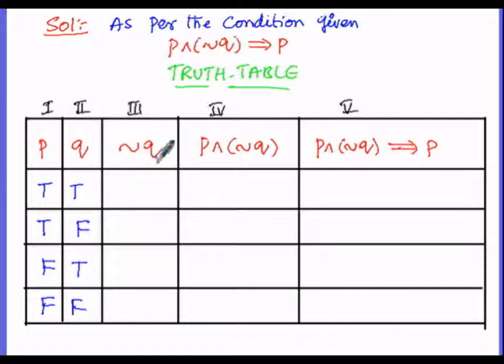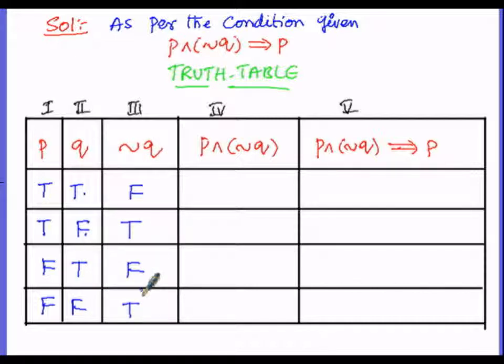But negation indicates, so here the truth value of the first statement, that is Q, is true, so the negation indicates not Q. If Q is true, then the negation is not true. If it is not true, then automatically it must be false. Here Q is false, then the negation of Q is not false. If it is not false, it must be true. So if Q is true, then the negation Q is not true, then it must be false. If statement Q is false, then not Q, that is the negation of Q, is not false, so automatically it must be true. Therefore TF are the truth values of Q, then the truth values of negation Q are FT.